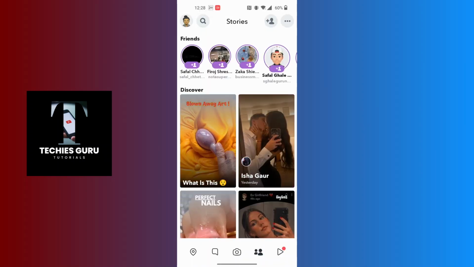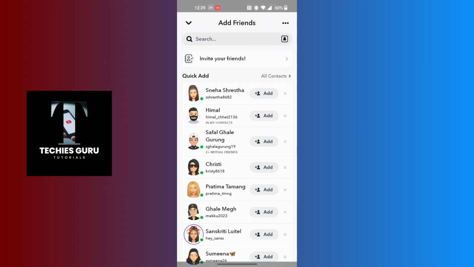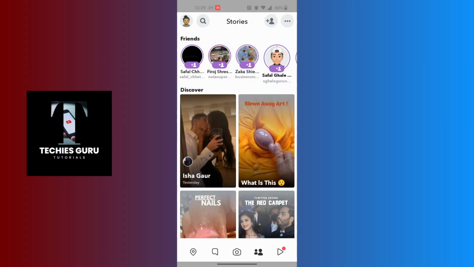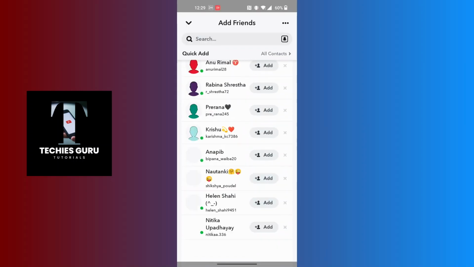Tap over there, and again from over here at the top right corner of the screen you can see the person with the plus icon. Tap on over here, and similarly, guys, you will be on the same place over here. You can see, so over here, guys, you will be able to view all of your quick adds on this